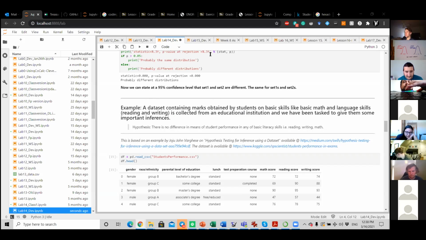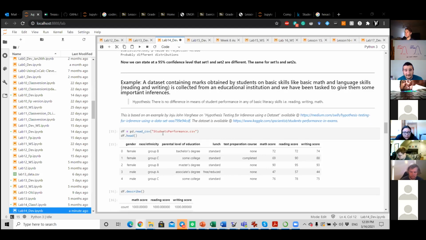So the hypothesis is that there is no difference in means of student performance in any of the basic literacy skills: reading, writing, math. And by the way, this example is based on what you can find on this blog post. And the data set that we're using is also freely available on Kaggle. So the student's performance CSV that we've given you,